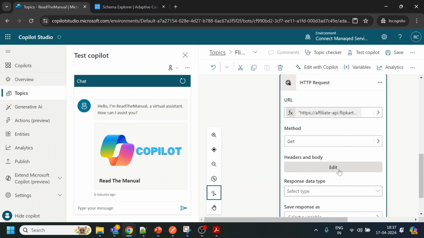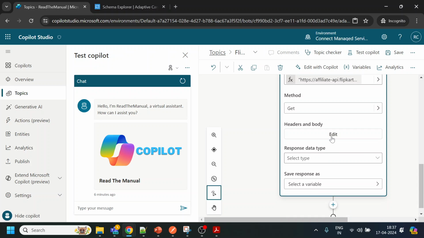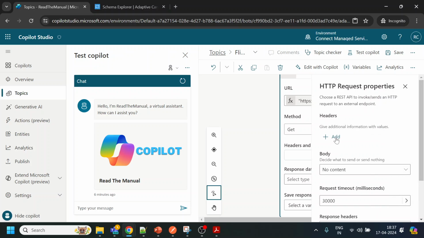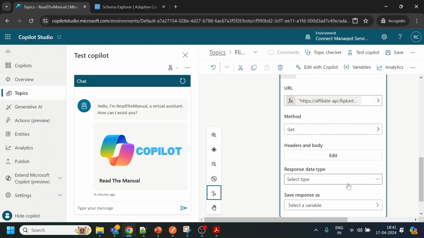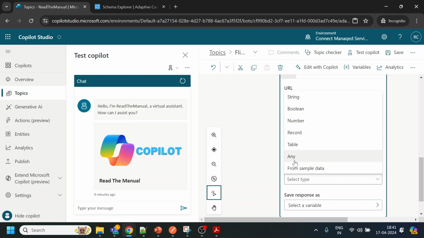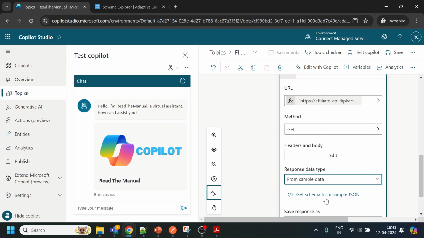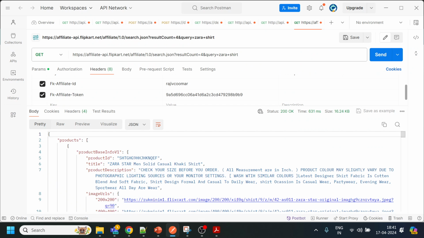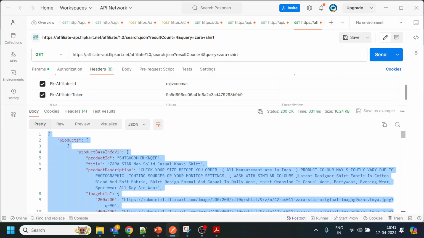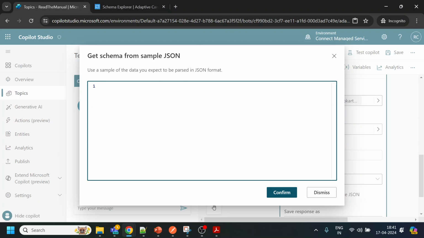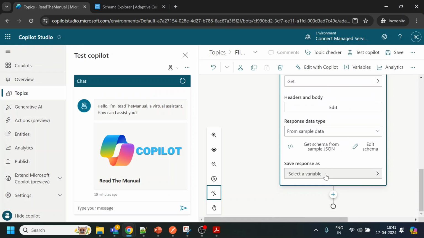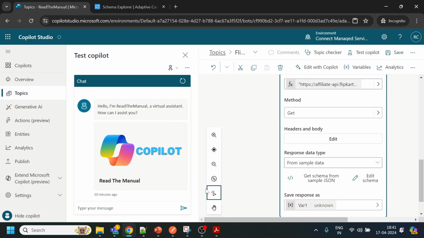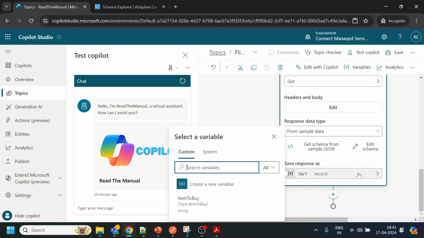There is a header also that I will add, and I will pause my video for a second so that I can add the header which is required. Bear with me for a second. Okay, so I have added the headers. Now I will select the response type, and I will select from sample data, and for that I will give the schema. The schema is nothing but the response that I have from Postman. Click confirm, so that it will create this, and select the variable. So I will create a new variable, and I will give the name as,